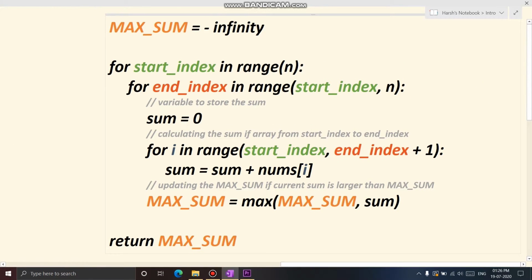And this is how the code looks. We have a variable max sum which is going to store the maximum subarray sum. Then for every start index and end index, which is the left bound and the right bound of a given subarray, we calculate the sum just by traversing it from left to right. So on a higher level, what we are doing is exploring all possible subarrays, calculating their sum, and at the end, we are just returning the maximum of those.